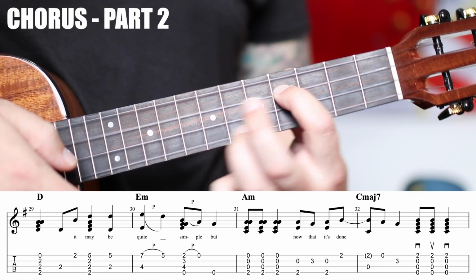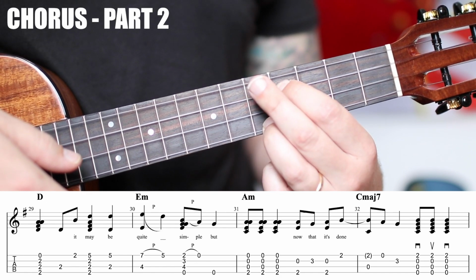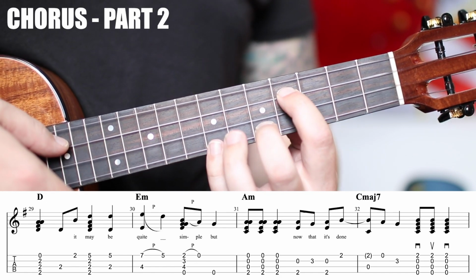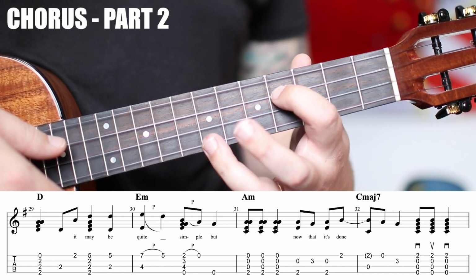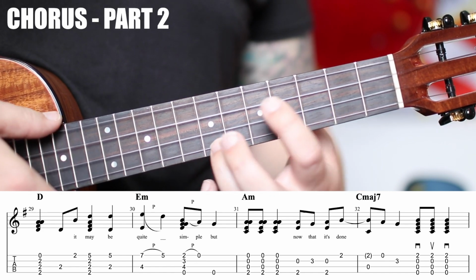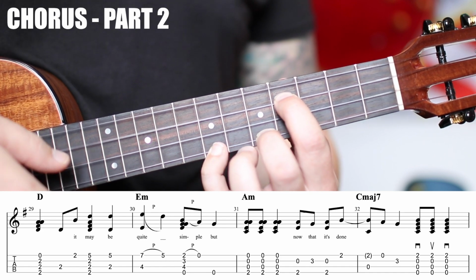This is a little harder part, because the melody is an E down to a D, and we're doing this octave thing. I think that's easier than the pull off. 4th fret here, 7th fret, and you'll pluck and then slide 7 to 5. You could pull off,